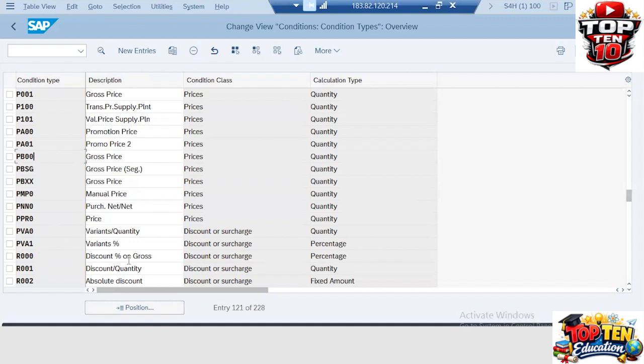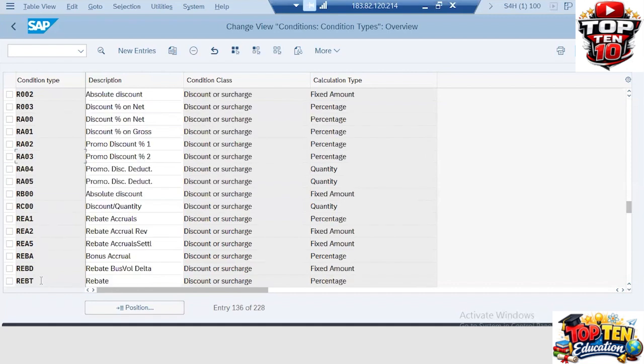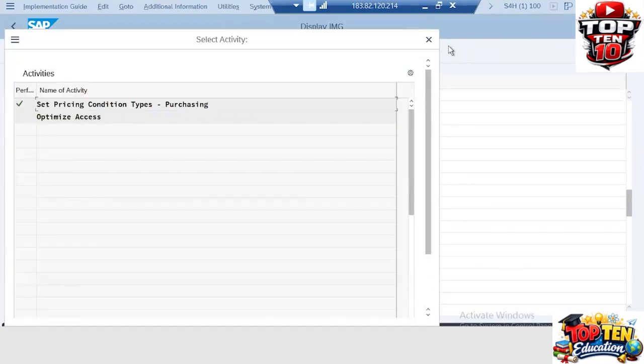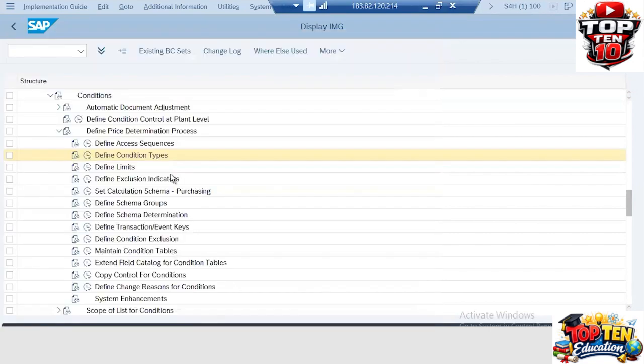R000 discount percentage on gross. R001 discount per quantity. R002 absolute discount. 03 discount percentage on net. These are all the condition types which are created by the consultant who are trying to understand the module. Now go to set calculation schema